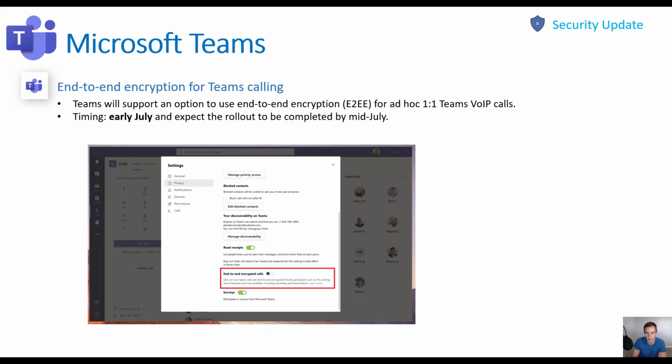As an admin, you can configure it. This will be a new policy that's in the Teams admin center that you can configure. And once that is enabled, end users will have the ability to turn on end-to-end encryption. There are some asterisks here as to when that actually occurs that I'm not going to get into just because